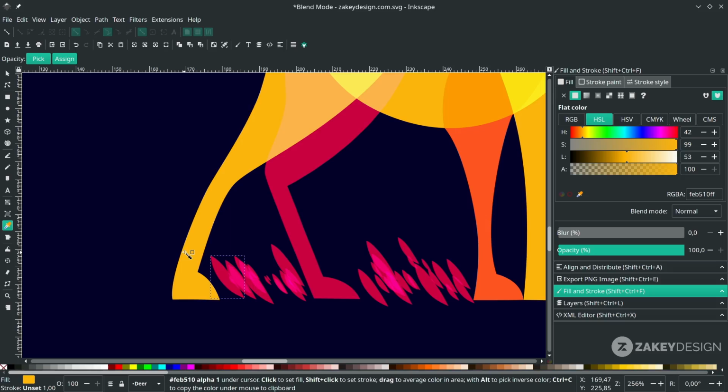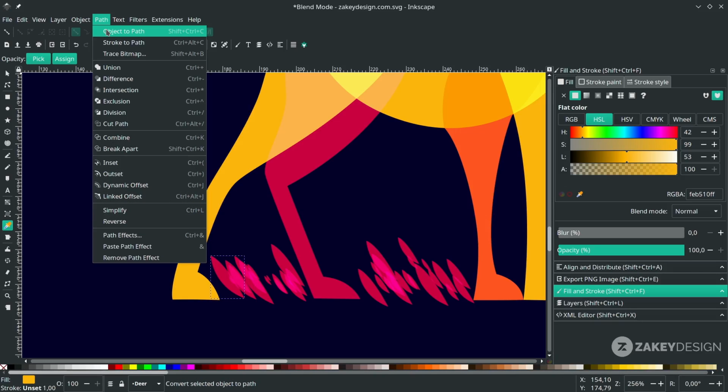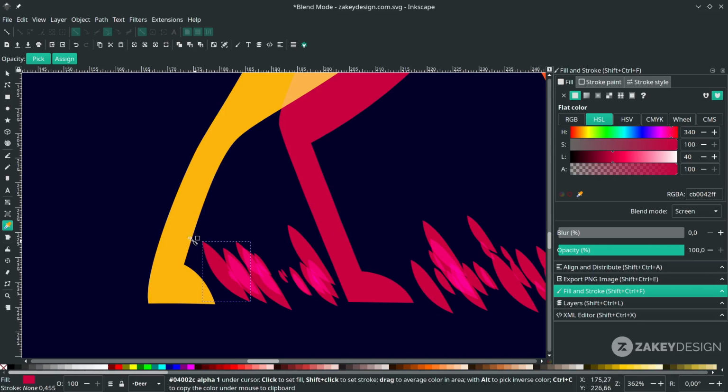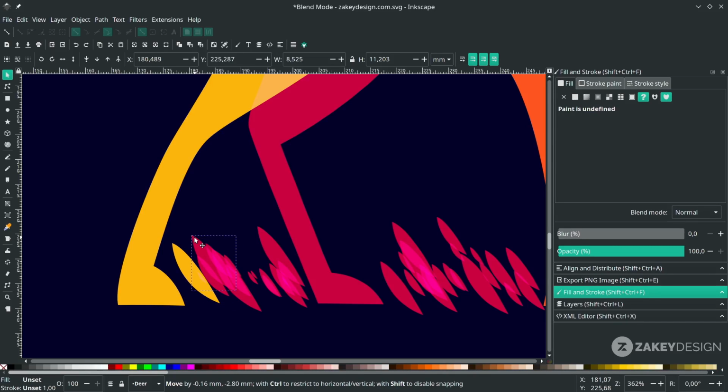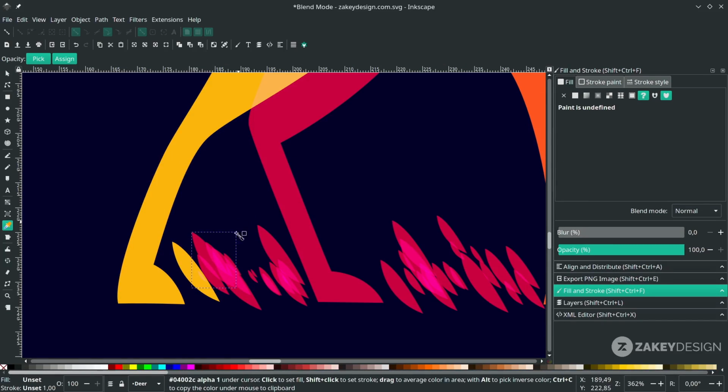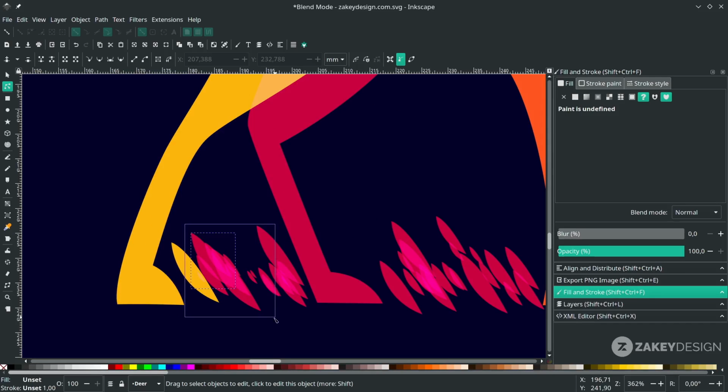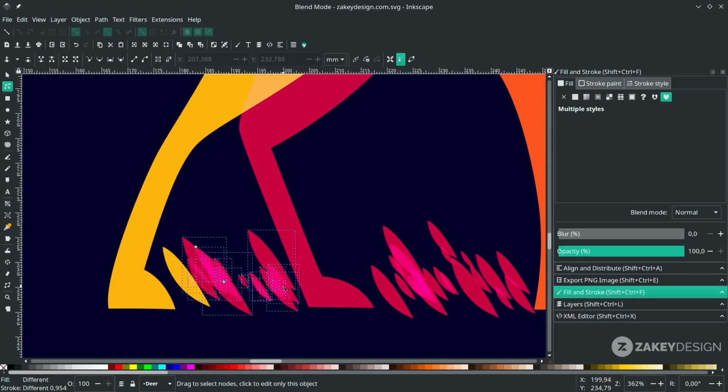And let's change the color to this color. You see it cannot change the color, because you have to convert it to path by going to Path, Object to Path. And try again. Now the color is changed. Do the same for the others. You can block some area to make it fast.